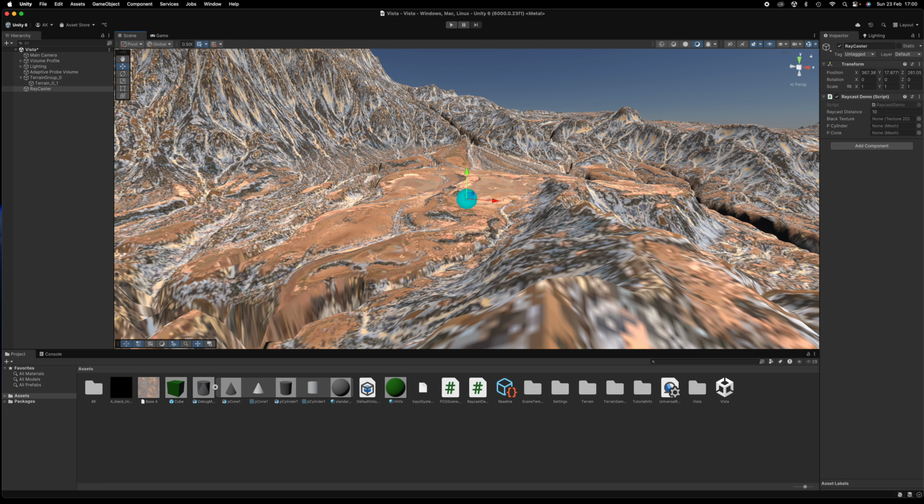So let's go up onto my script up here, and there are some parameters that I need to complete before this will work. The first one is a black texture. I just got a black image here. This is just to go behind the text when the text is drawn on the screen, so that there's a contrasting background, so that it doesn't get lost in all of the texture detail that's in the scene. And then there's a P cylinder and a P cone, and I've just got a scene here that I've made in Maya, which has got some mesh objects within it. I'm going to drag those into these parameters, and if we hit play,